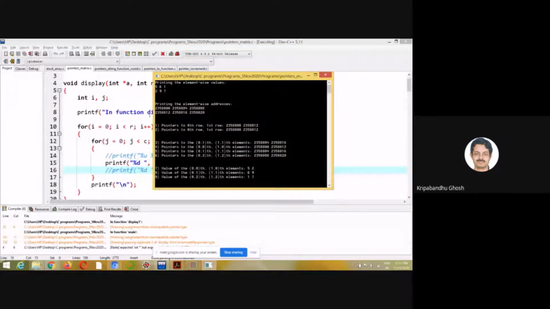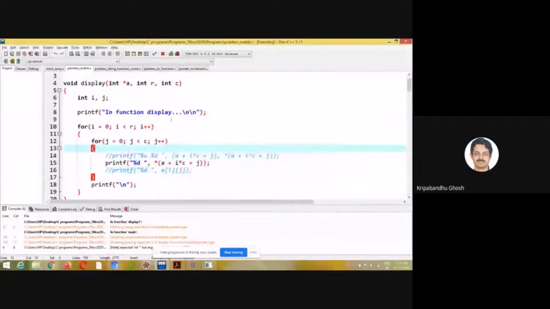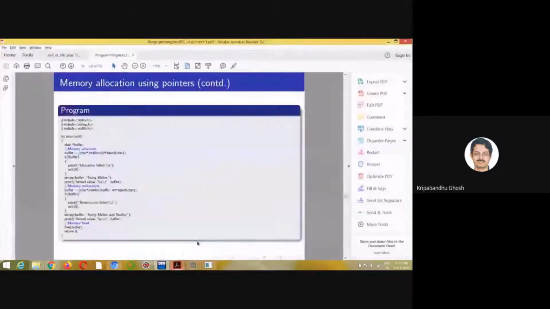If you know the starting address, you can actually pass the two-dimensional array to a function and basically access the elements like a one-dimensional array. That flexibility you will get, but you would need to know the starting address, and the number of rows and number of columns. Okay, so this is one part I did not explain well, which I found.